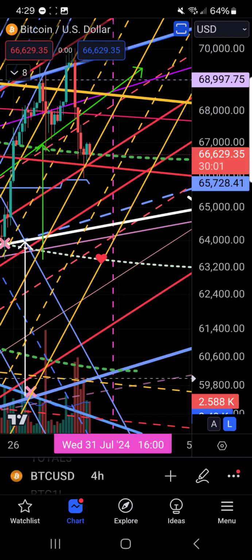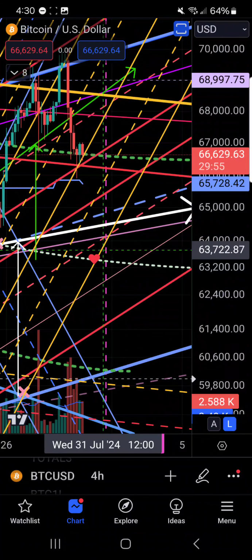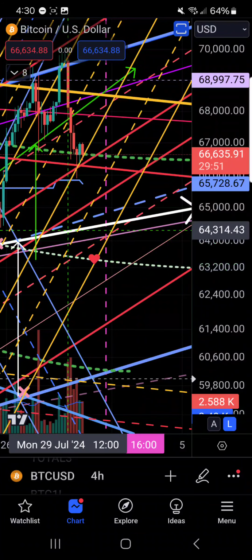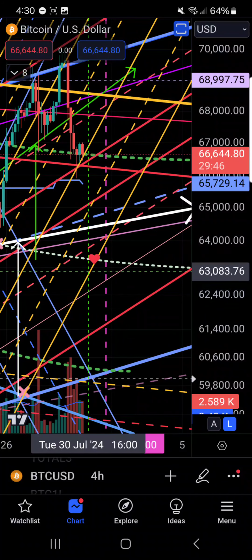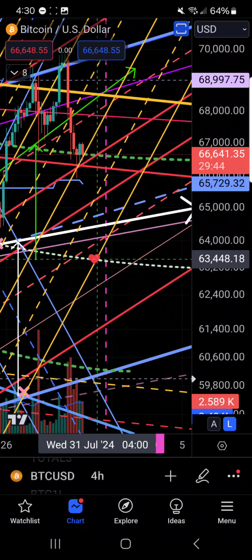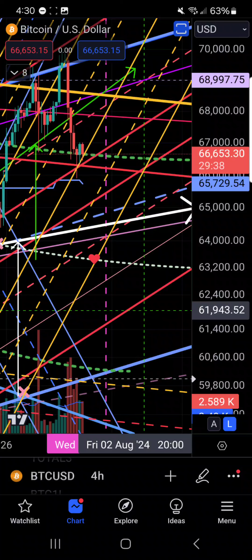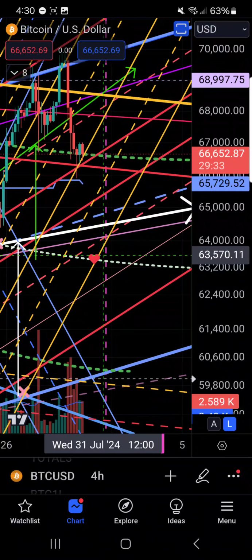A little red heart, how's that? And that is at the base of this final channel that I just added, the orange channel, and the mean band of the Gaussian channel. That is at about 63.5, 63.4, 63.5. I think we'll hit that before heading into the FOMC meeting,